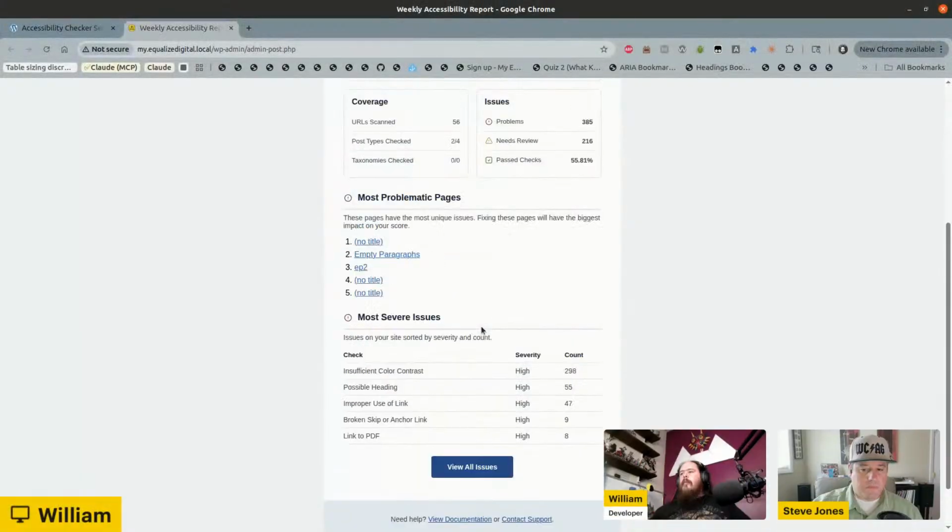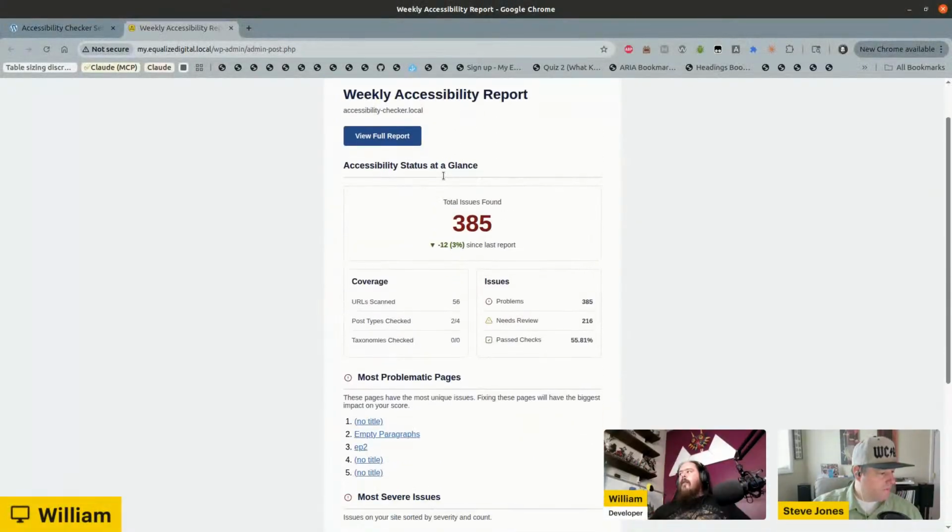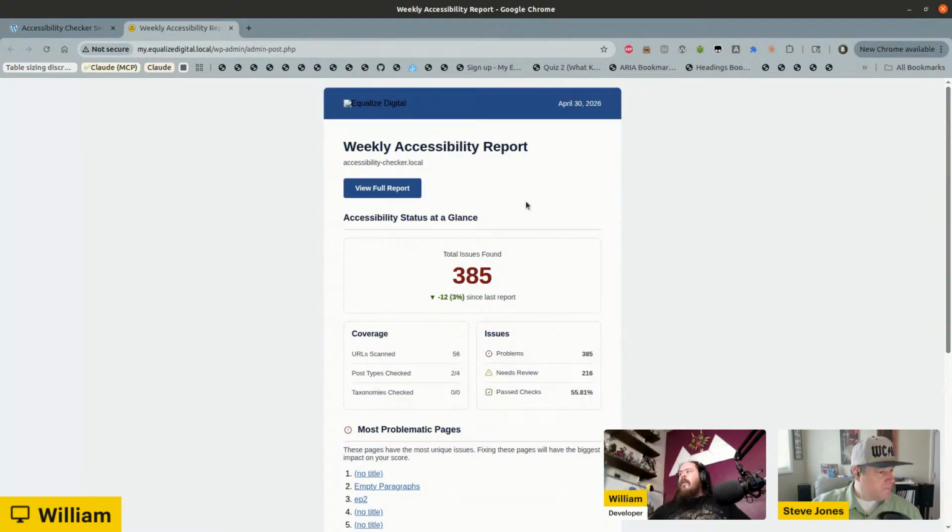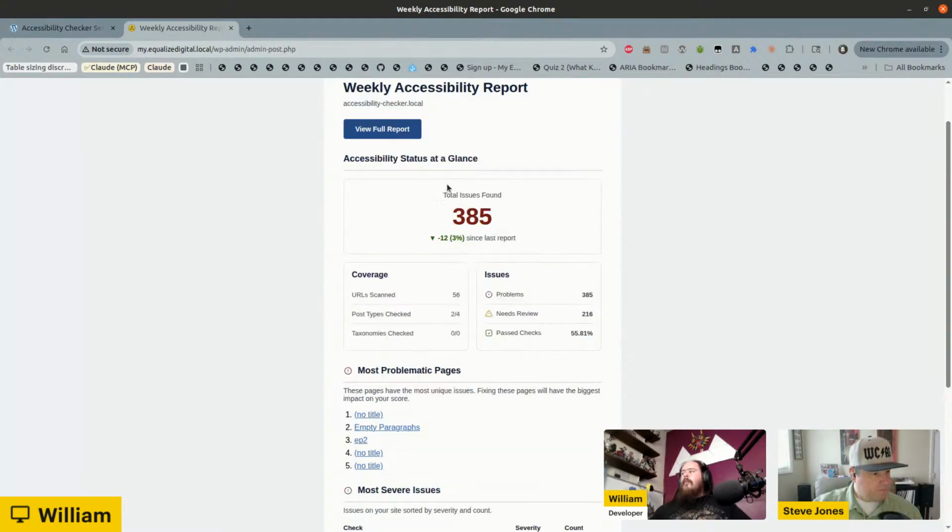I have a broken logo, but other than that, I have a pro email up. Oh, okay, you already have it up. Yeah. So just generate this based on my test site. So 385 issues in the data that was sent, which is down 12% from last time I